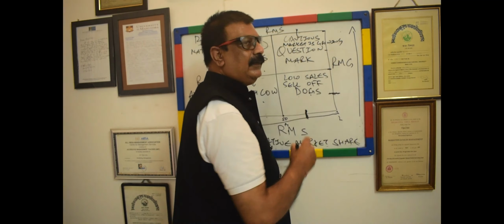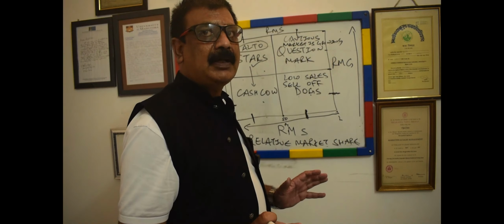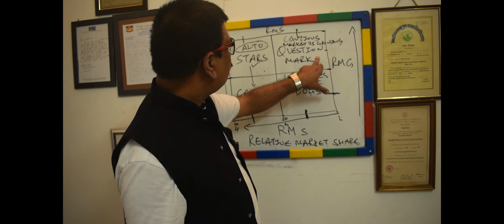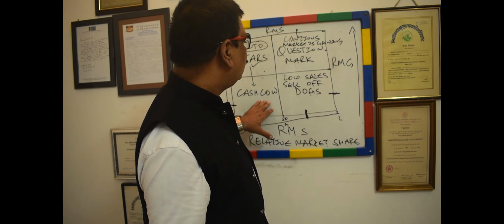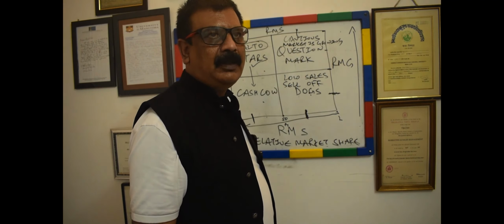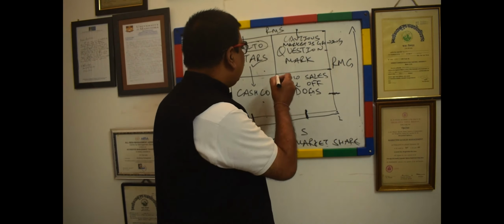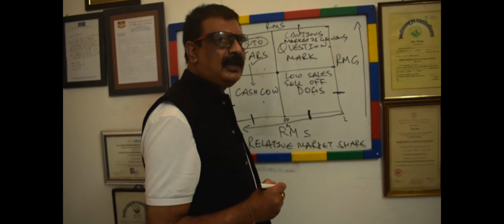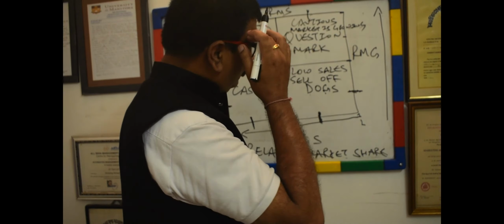There are opportunities in the market, right? So question mark. And see, from question mark, you can become a star. From a star, you can become a cash cow. And sometime you can become a dog. I'll give you a very classic example. When I was a student, I said, sir, what if a product comes here and I was sent out of the class, as was the normal routine with me, because I used to ask such questions.